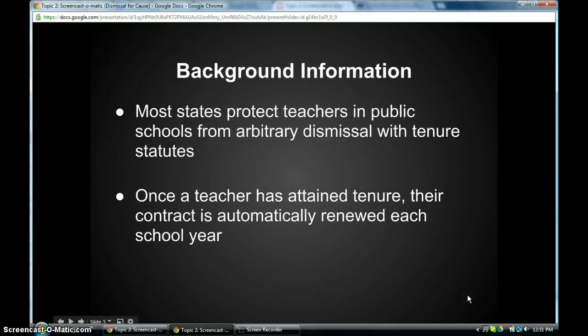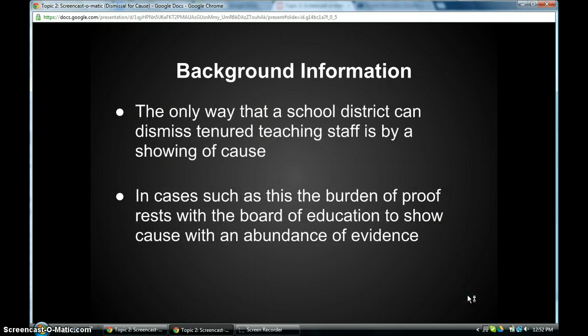First of all, I want to provide some background information. Most states protect teachers in public schools from arbitrary dismissal with tenure statutes. Once a teacher has attained tenure, their contract is automatically renewed each school year. The only way that a school district can dismiss tenured teaching staff is by a showing of cause. In cases such as this, the burden of proof rests with the Board of Education to show cause with an